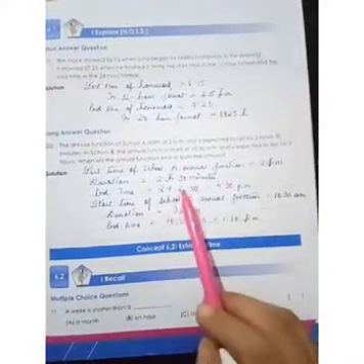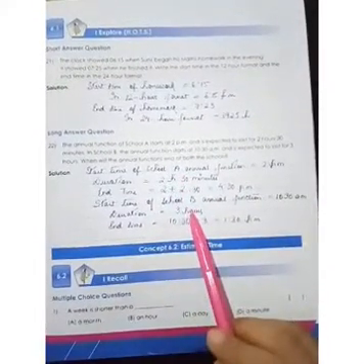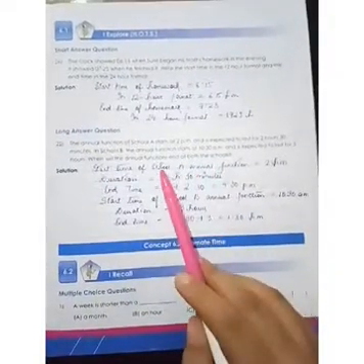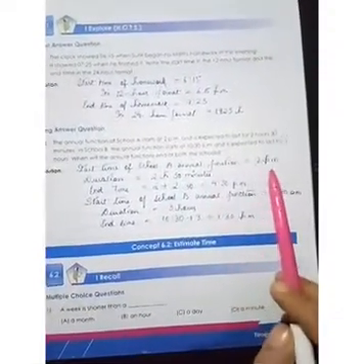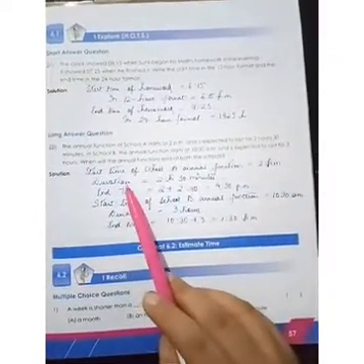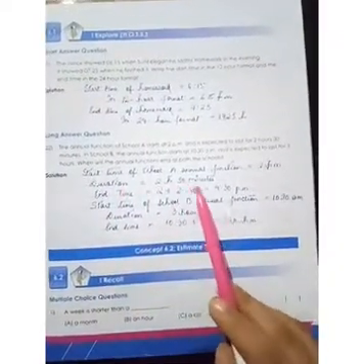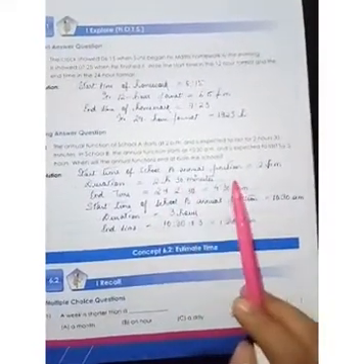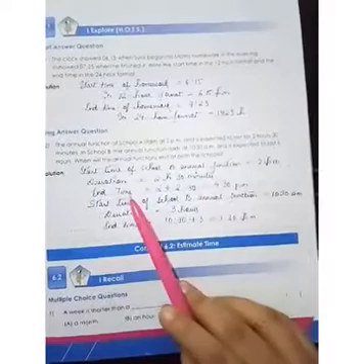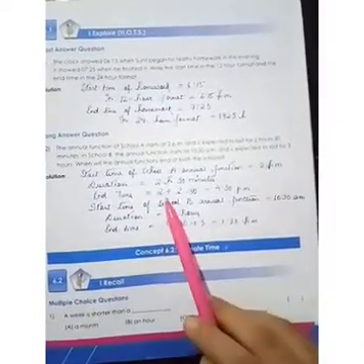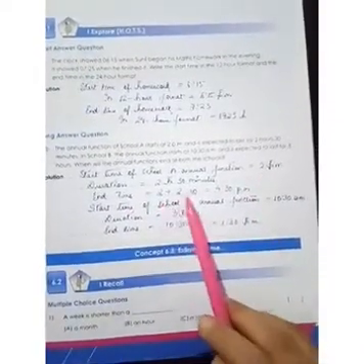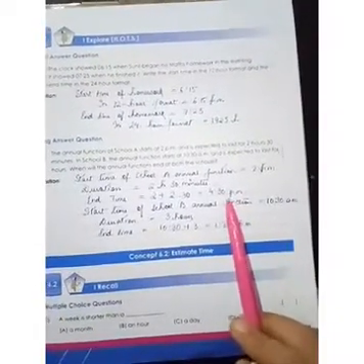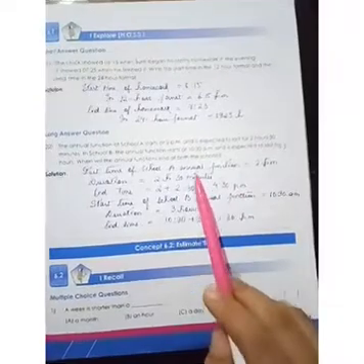Okay, so two different schools are given here, school A and school B. Both the times are different for the starting of the annual function. So in school A, the annual function started at 2 p.m. and the duration was 2 hours 30 minutes. From 2 p.m., it continued for 2 hours 30 minutes. So what is the end time? We have to add them. Okay, so 2 plus 2:30. So it ended at 4:30 p.m. The annual function ended in school A.